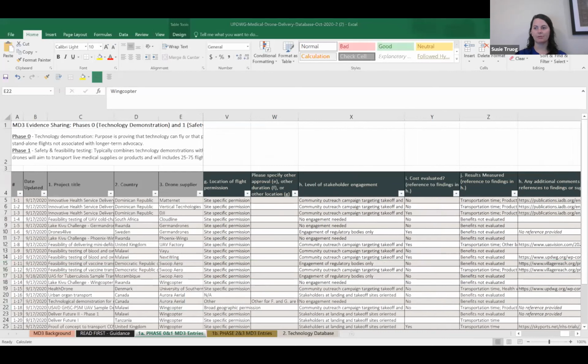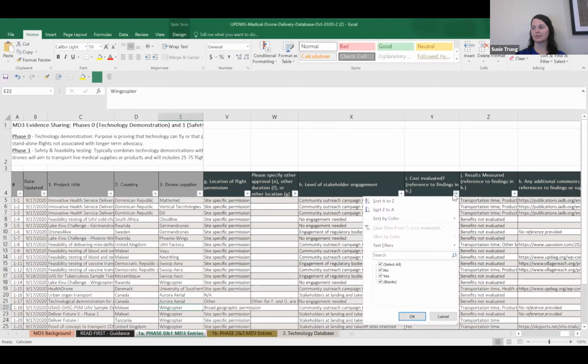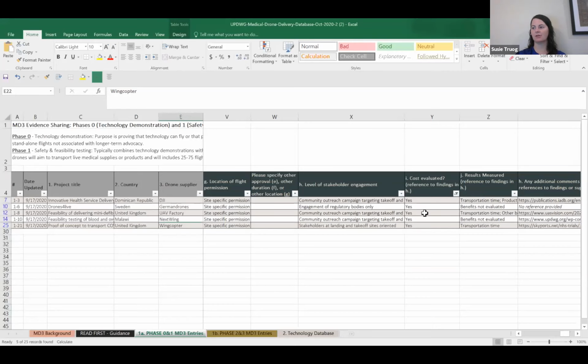Another example of the utility of this Excel version of the MD3 is if you are an academic or an implementer and you might be interested in evaluating or measuring the cost of drones. And you could use this database to identify other implementers who have already evaluated the cost of drones, to connect with them and also to see how they have presented their methodology and their results through the references they shared through the MD3. So you could do this by filtering here the question about whether cost was evaluated. You would click yes, and you can see that there are 5